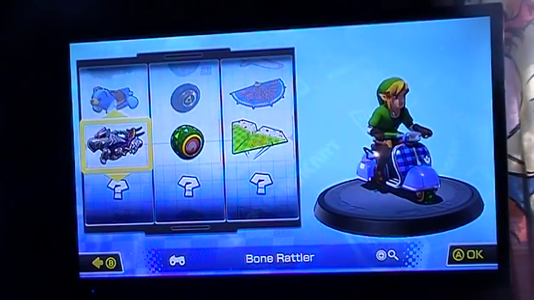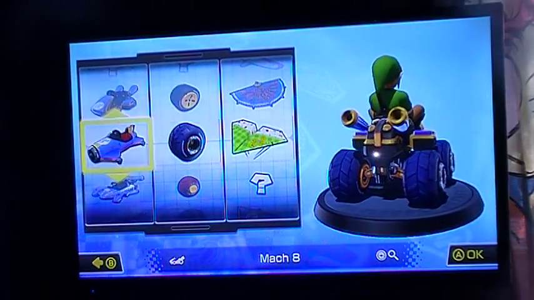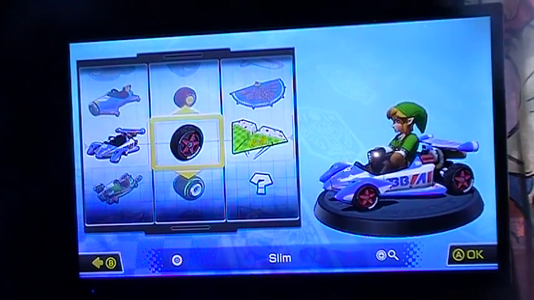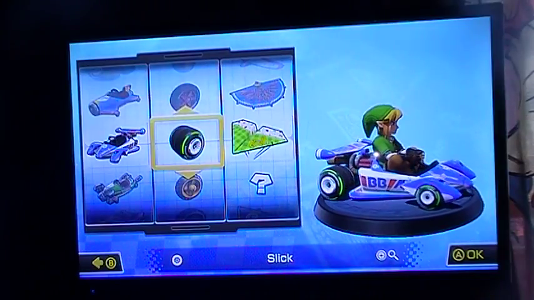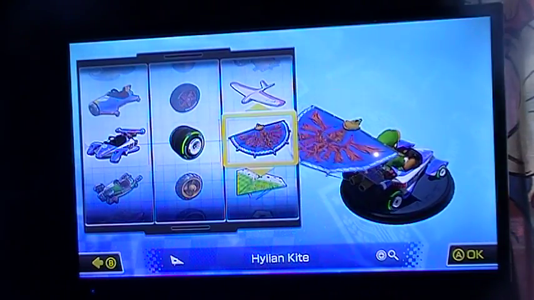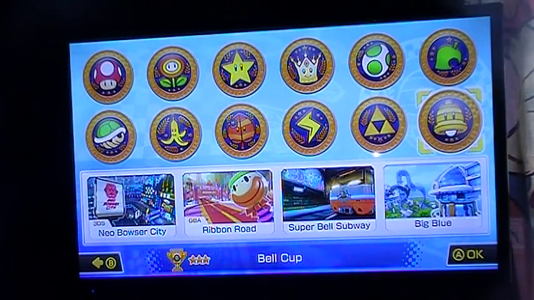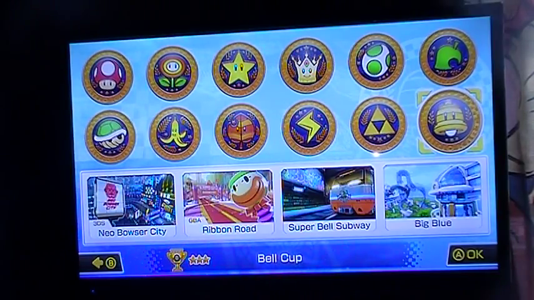And... whoa, okay. That's pretty badass, but we're not going to do that right now. We're going to use the Circuit Special. And let's do it with slick tires, yeah. There we go. And here we go with the Bell Cup with Neo Bowser City, Ribbon Road, Super Bell Subway, and Big Blue